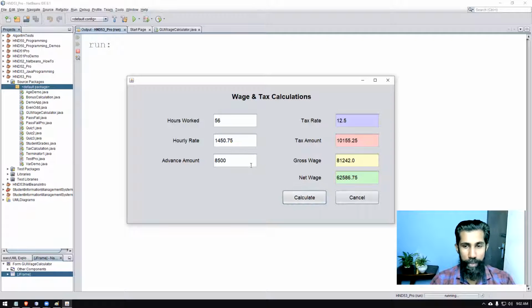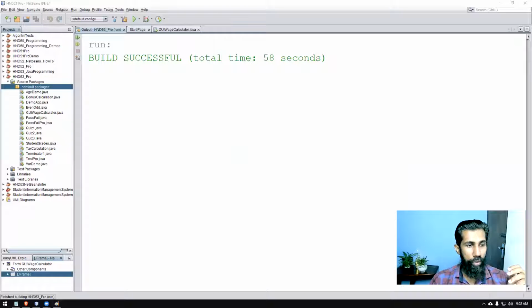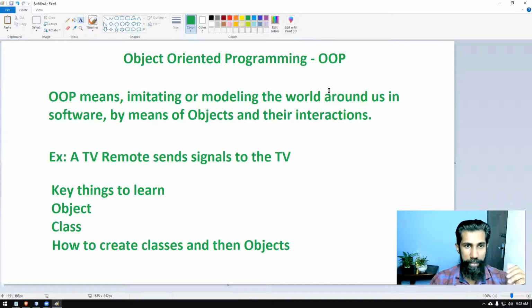There is no particular order the program is going to follow. According to what is happening on the screen as events or actions, the program is responding back with the relevant code. That is what is happening. So we need to understand that in event-driven programming, that is how the program functions. Okay, right. Now we're going to come to the object-oriented programming style, right? In my intro also I told you, so let me tell you what object-oriented programming is.